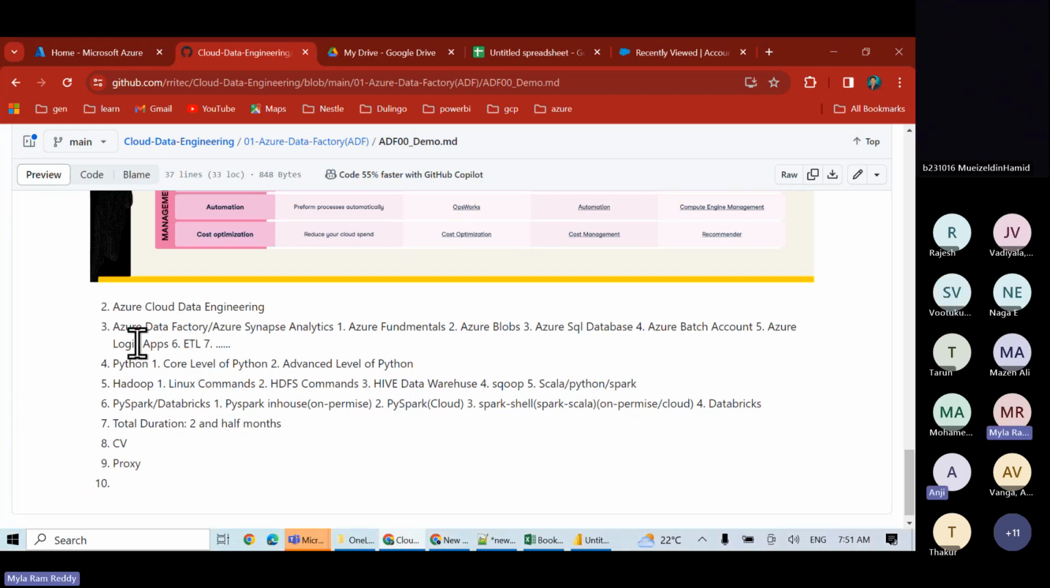Okay. Now, in Azure Cloud Data Engineering, we are going to discuss different services. One of the services is Azure Data Factory. Second is Azure Synapse. Once you know Azure Data Factory, you can take Azure Synapse for granted also. These two are